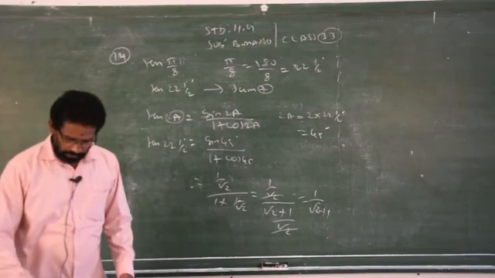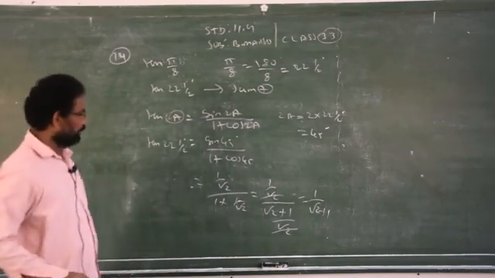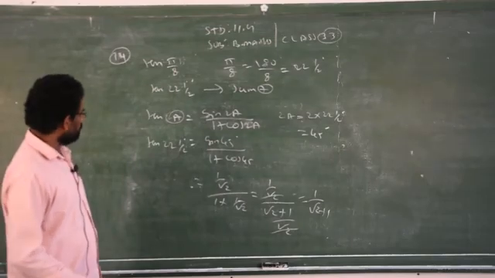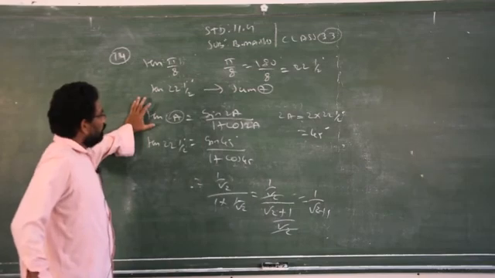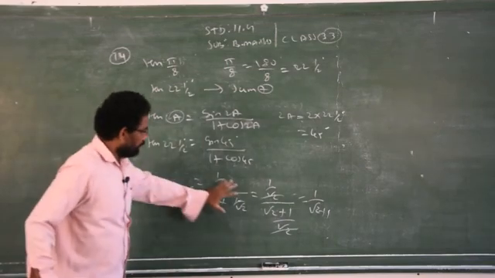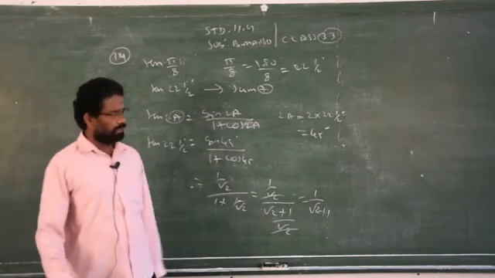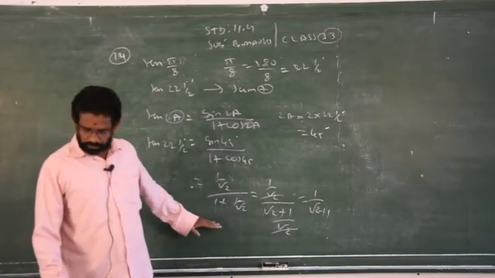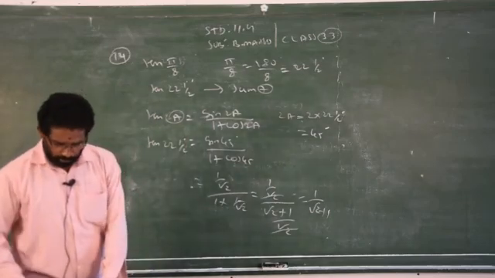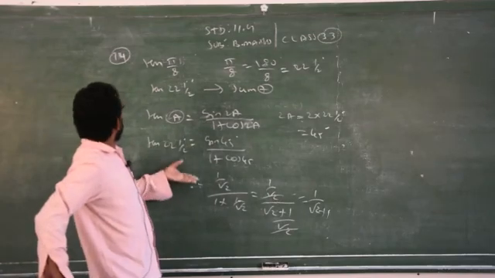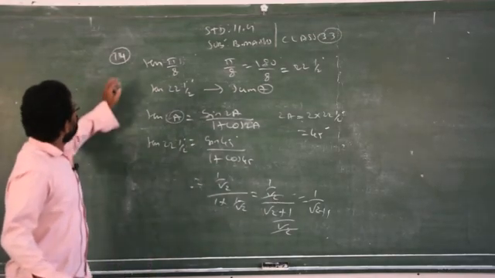Clear? So this is the way you can do it, you will get the answer 1 by square root of 2 plus 1. So tan a is equal to sin 2a by 1 plus cos 2a. Use this formula also, you will get the answer, or you can straight away go for sum number 7. Please check properly whether it is correct or wrong from the previous sum number 7. Otherwise, you will see the remaining part of this question in the next class. Clear? So 14th is done.